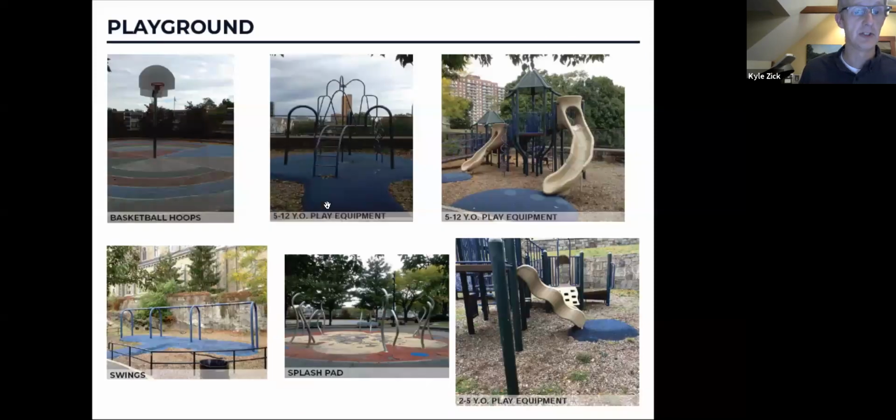The other thing I should mention, we have rubber surfacing to the play equipment in certain locations and then wood chips. The wood chips, the Parks Department maintenance crew tells us, are a real challenge because they can't get a pickup truck to this level of the park to even replenish the wood chips. And the wood chips are hard to keep clean of trash and debris. So that's something we'll be looking at.